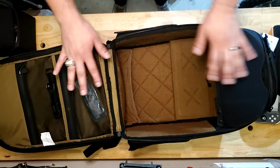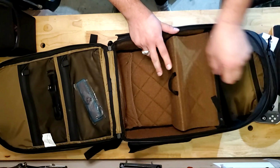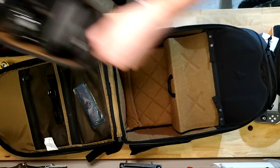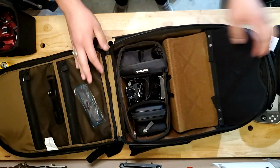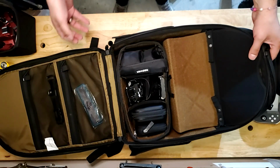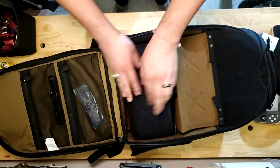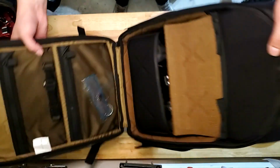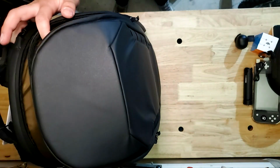The good thing about this big section of the bag is that you can control how big the loft is, as well as the bottom side. So if you only want to work with one camera pack, you can. And then one of the good things about it is that you can put it this way, as well as on this side, if you don't want them to be readily available, readily seen when you open your bag. If you want to, you're able to actually put one of these camera boxes